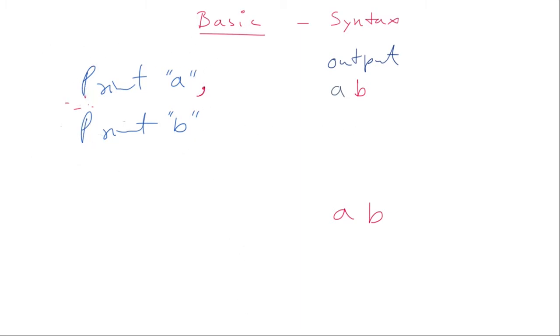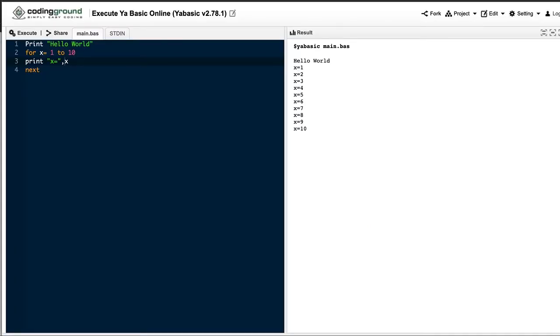So type it in there, or wait, don't type it. I'll just show you for now. I'll ask you to do it. Say print, what did I say? A, right? And put a comma. And then print B. Okay. Execute. What do you think will come in the execution? Execution window is here. What do you think it will come?